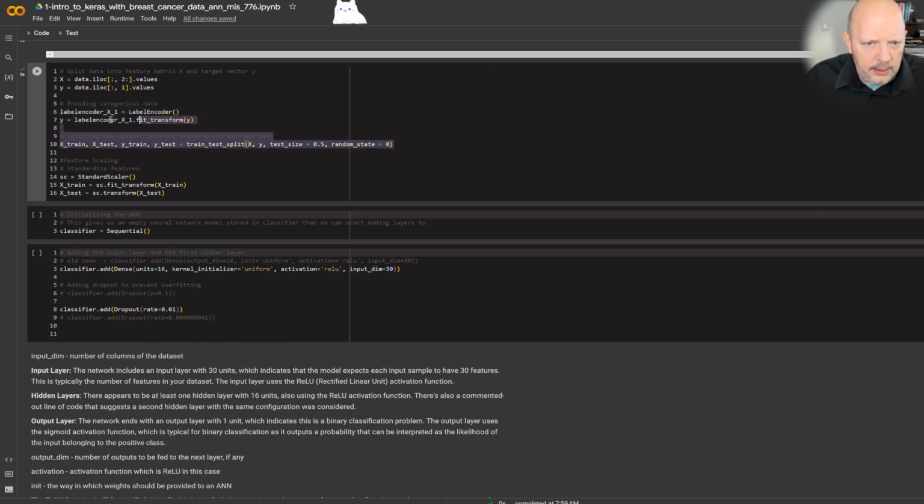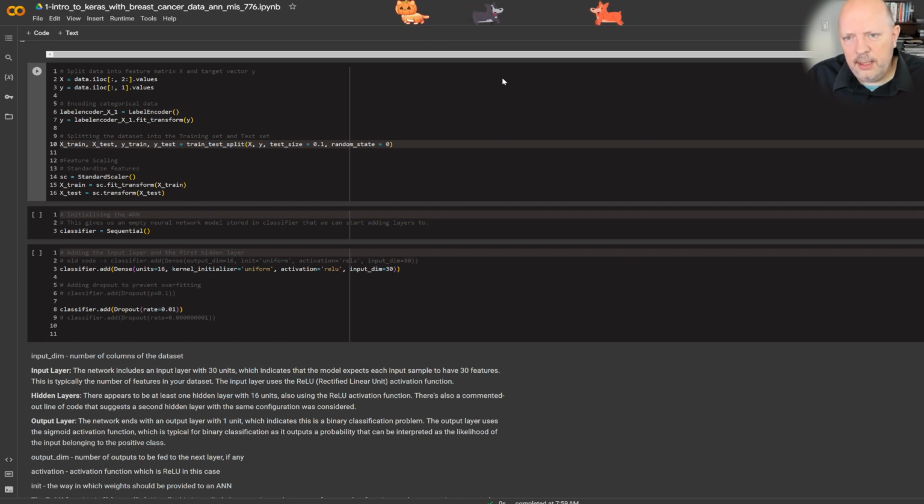Let's see, what are we at here? Random state. Oh, you know what? I did change this because I was playing around with it. Or you can even go 0.1. Sorry about that. So this says the test size, the data that will be used for testing, is 10%. Random state you can use for reproducibility. I added this recently because I wanted to make sure you could reproduce the same answer. One of the problems with machine learning is sometimes you don't always get the same answer, so I added and also downloaded some more random state stuff.